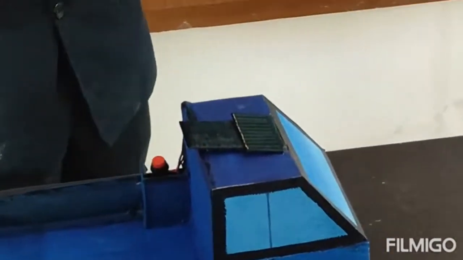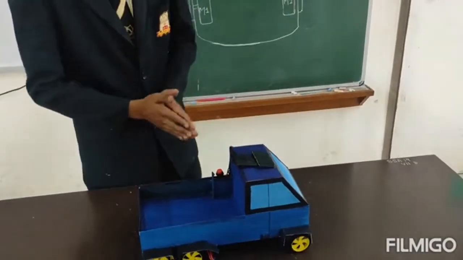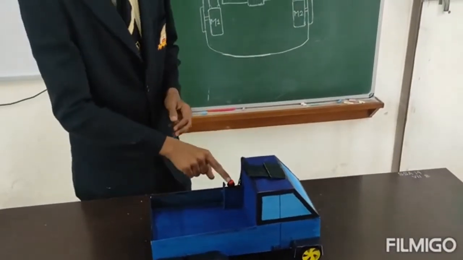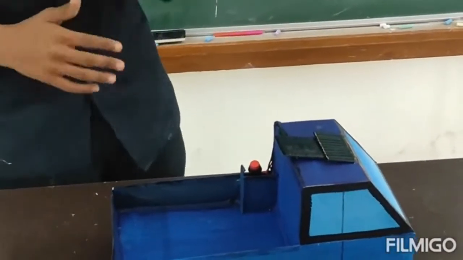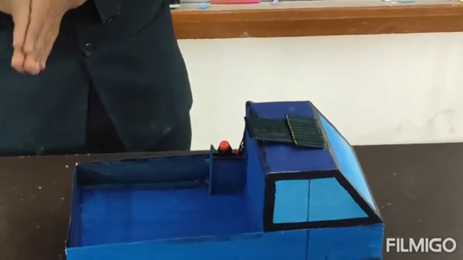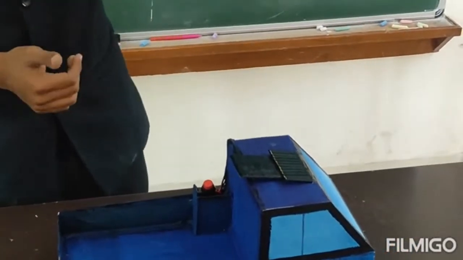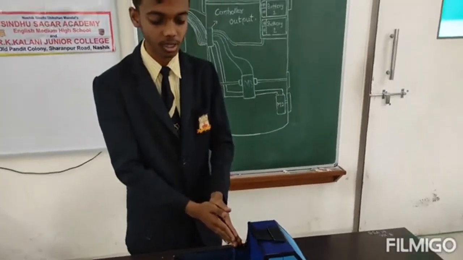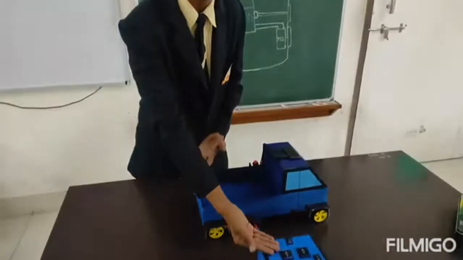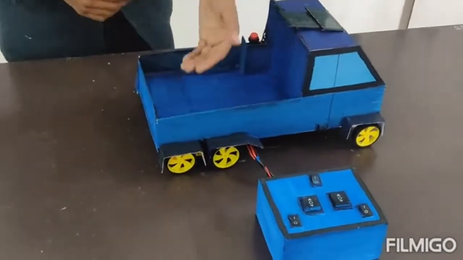So first of all, what is the circuit procedure over here? First, it will collect electricity from the sun, and it comes to this switch, and this switch is in the hands of the driver, whether he wants to keep the electricity in the batteries or not. So first of all, the power will come to this switch, and then it will go to this controller, and after that this controller will allow it to come back again to the battery.